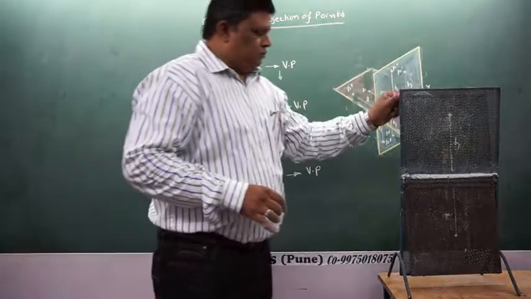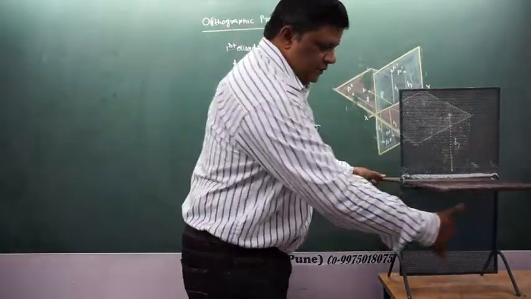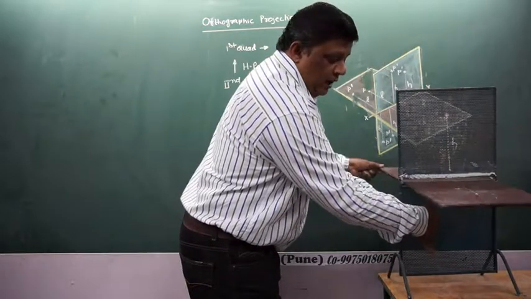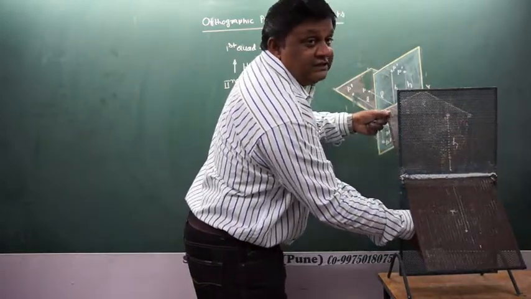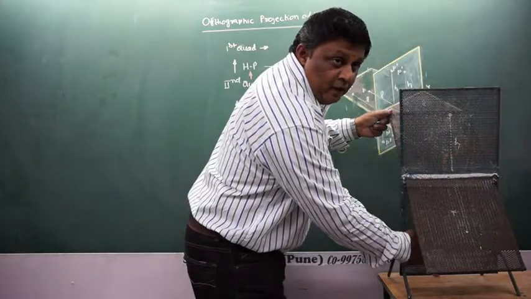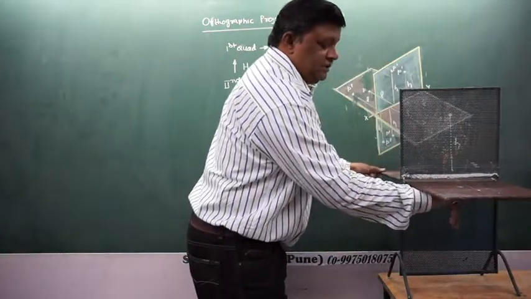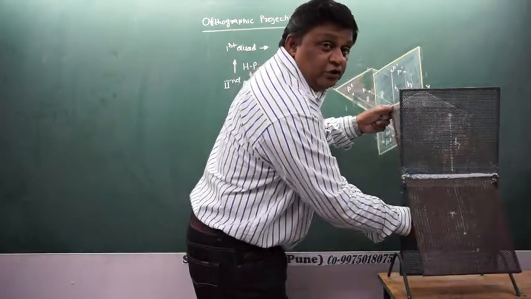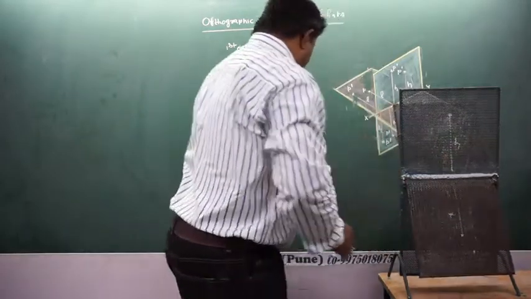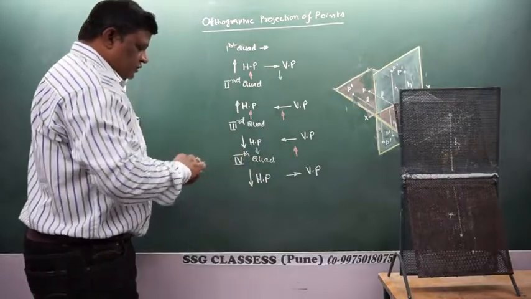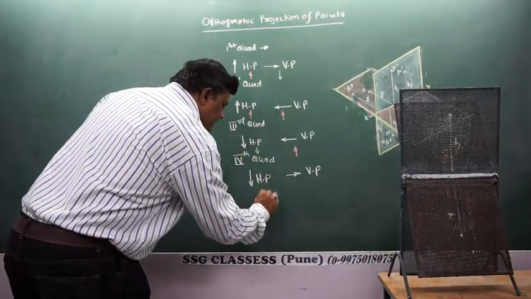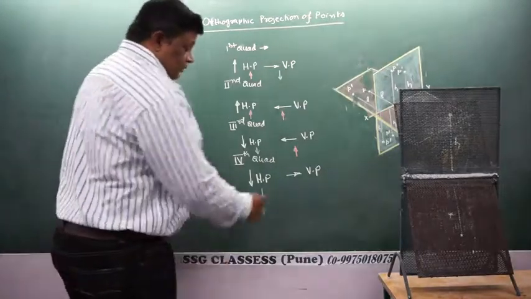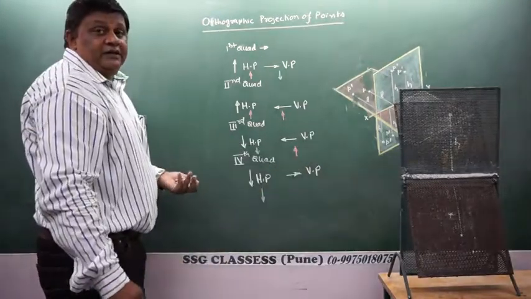Coming down to the fourth quadrant. This is below HP. It will be here. After you have rotated it, where does the distance go? It remains below XY line. This is in front of VP. You rotate it, where does it go? It also goes below XY line. That means the distance which is below HP is seen to me below XY line, whereas the distance which is in front of VP is seen to me